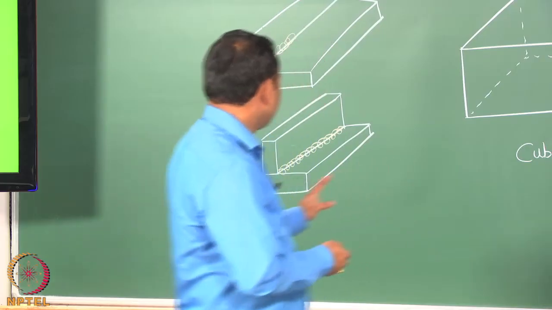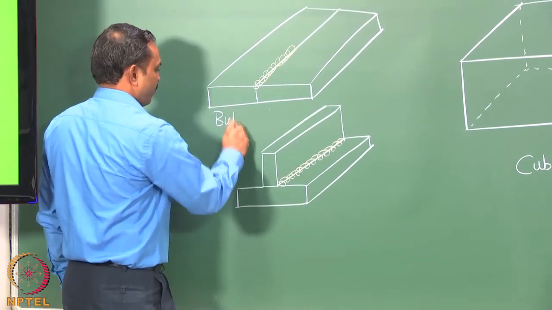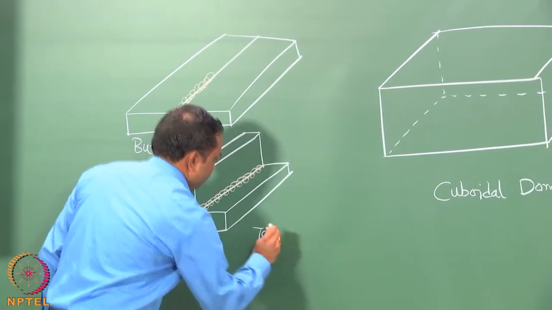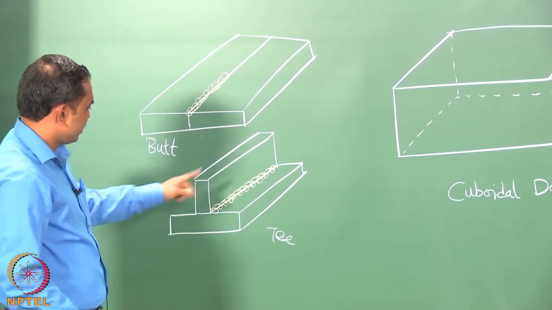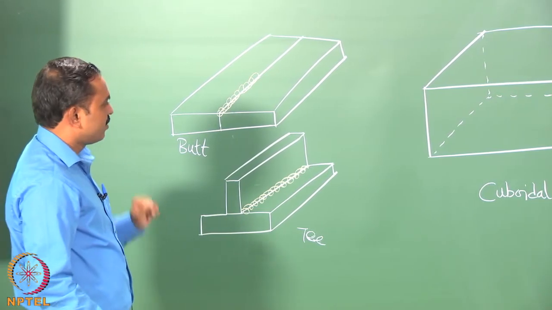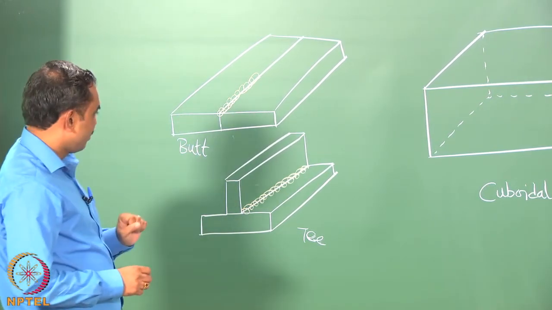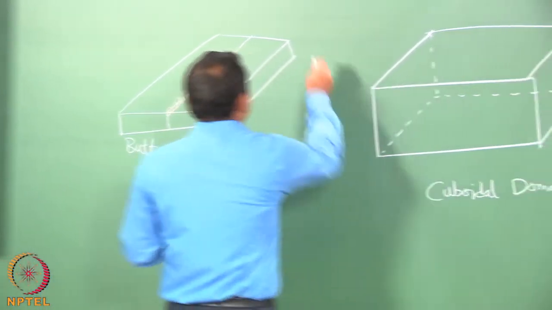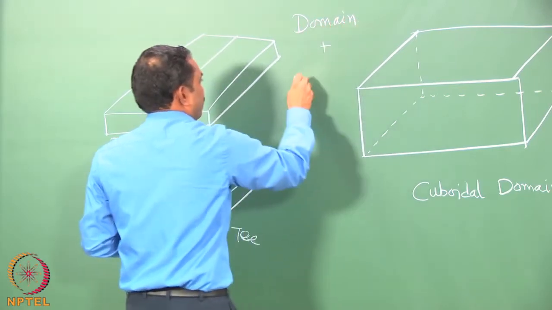So, here I am just drawing a butt geometry of weld and then a T joint. As you can see, the welds are made at specific locations and we want to understand what would be the thermal profile in the entire weldment. So, what we mean by the word domain is this part, and what we